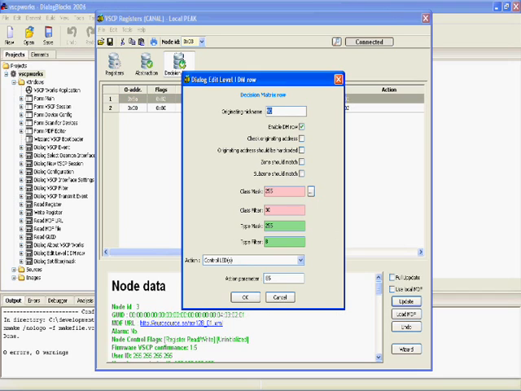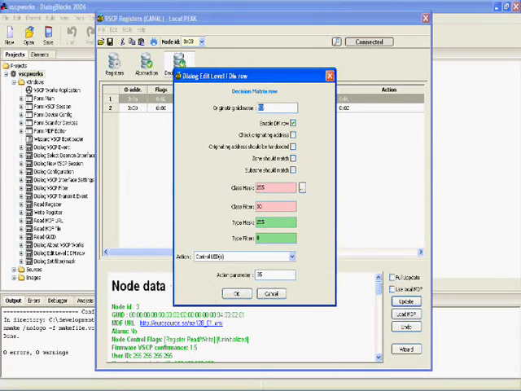To edit a row here, we just double click on it, and you see the 5A here is going into decimal, and we have a much nicer form we can work with. And if we look at the flags, we can enable the decision matrix row. We can click in this so the originating address is checked, and we can say that it should be hard coded, and the zone should match ours and subzone should match ours, and